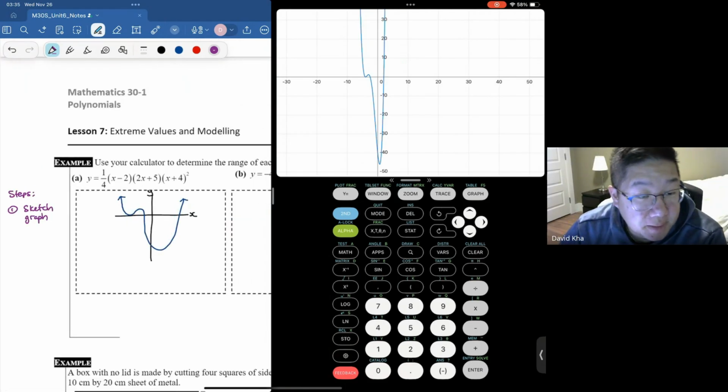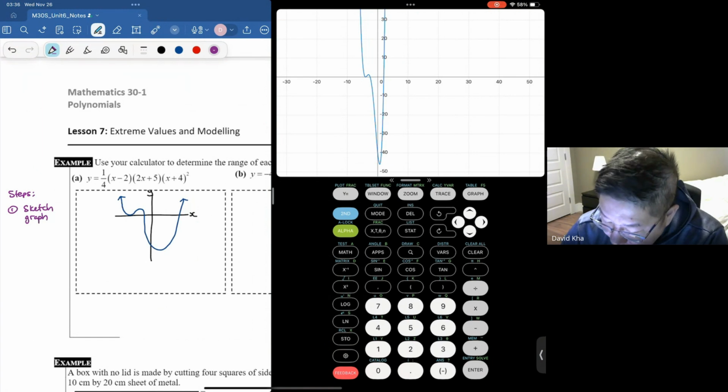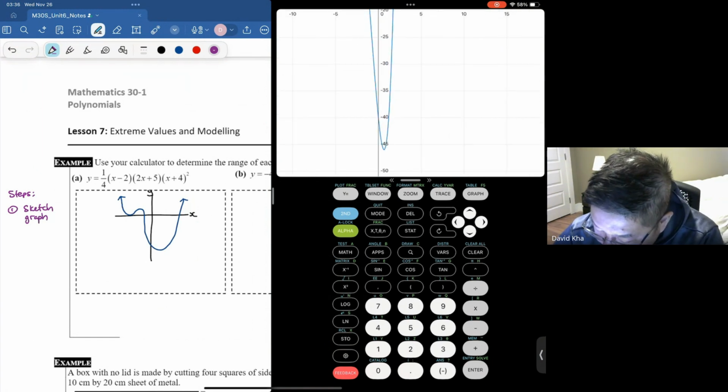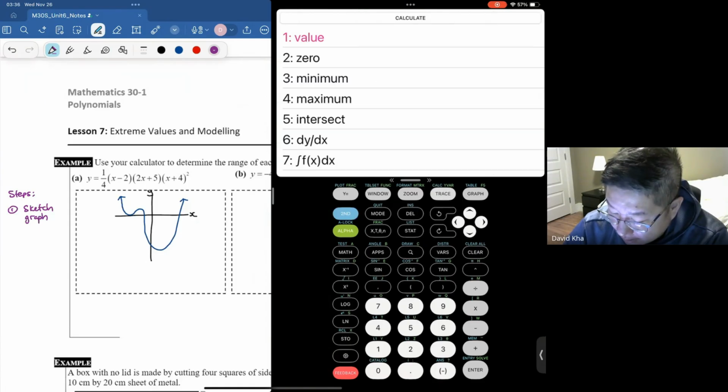It doesn't need to be too precise. From the sketch, we can see that there's going to be a global minimum. So there's a minimum value for this function. And then therefore the range will be y is greater than whatever that minimum is. To figure out the minimum, what we do is we make sure that you can see the minimum in your window. So you might have to adjust the window settings accordingly to see where it is. And you go second function, and under the trace button, it says there's calc. And then we'll scroll down to minimum,